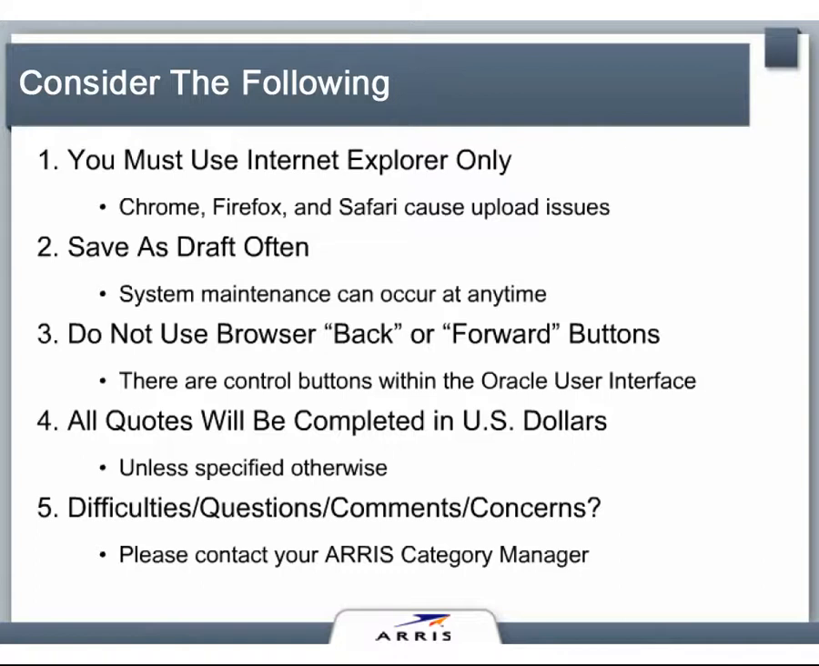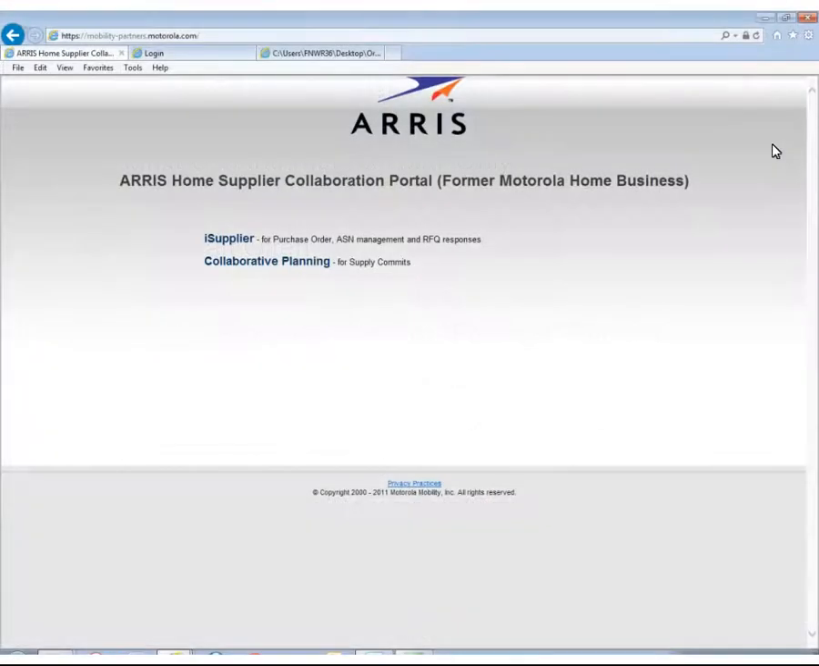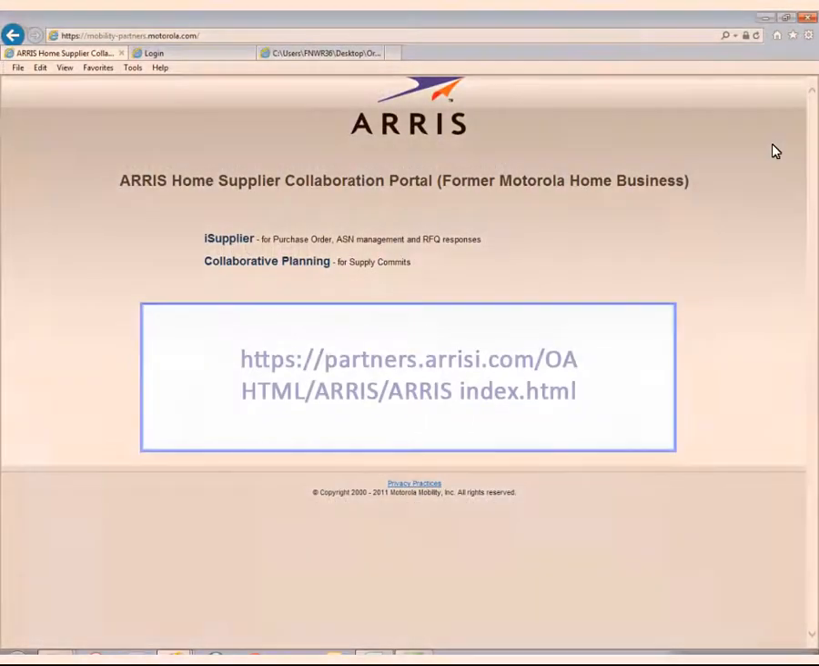5. Should you encounter any difficulties or have any questions about the RFQ process, please do not hesitate to contact your Eris category manager. Let's begin. Please go to